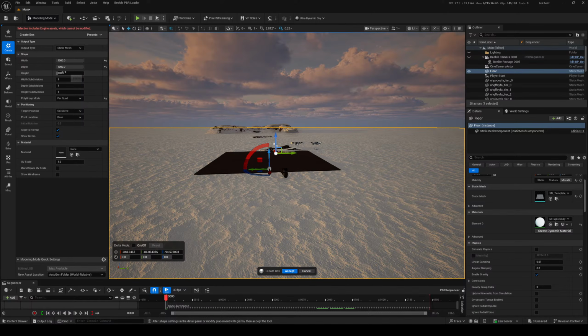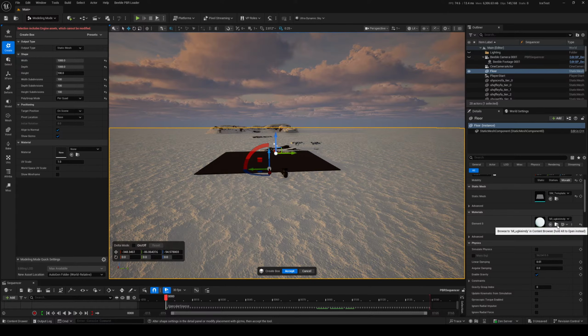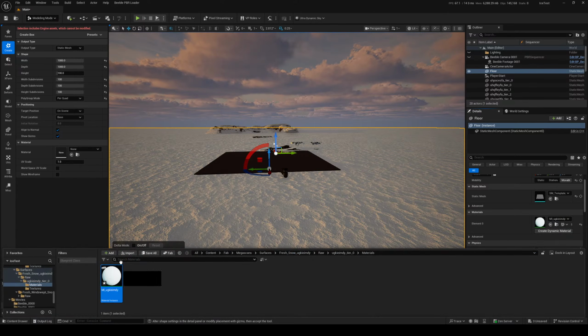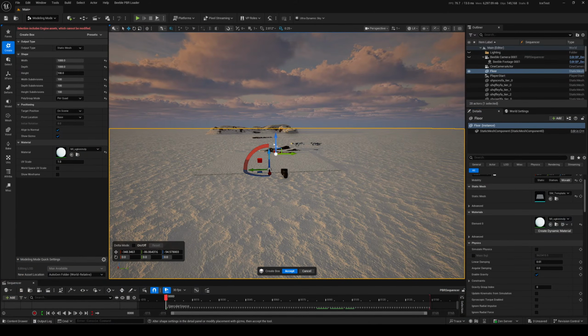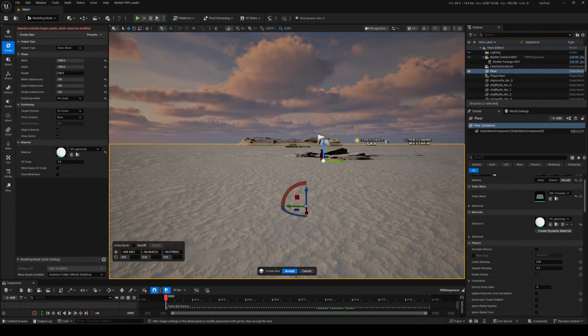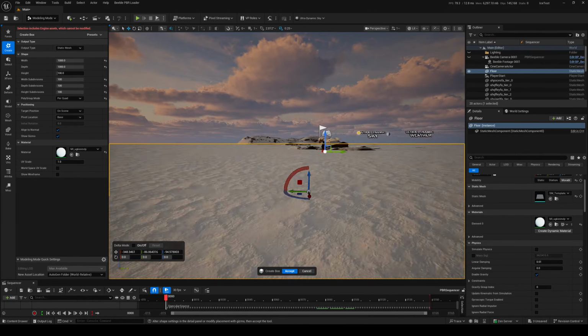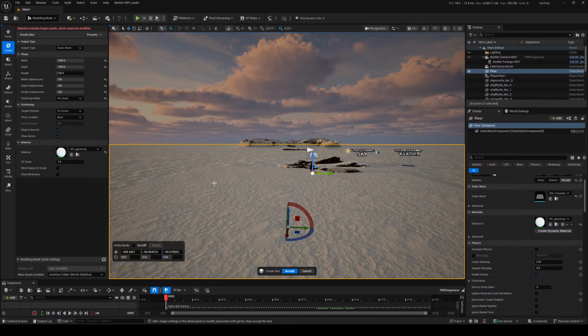We'll do 1,000 by 1,000. We'll do a bunch of subdivisions. And then we'll just put this material right on it. There we go. We already have a little more texture, I think. Could be wrong, but